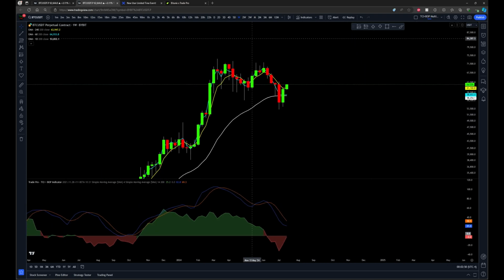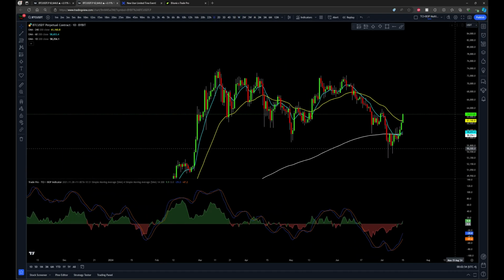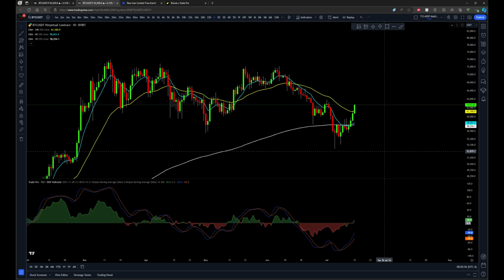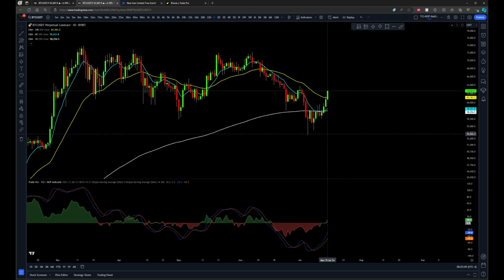So it's too early to tell how high this move will go, but when things get up there, we can start looking for signs that things are slowing down, and then structure shifts, looking for a break to the downside in the major structure. So we can start thinking about a top, but not yet. So looking for this to continue higher. I do think the bottom's already in, based on the current factors that are available,